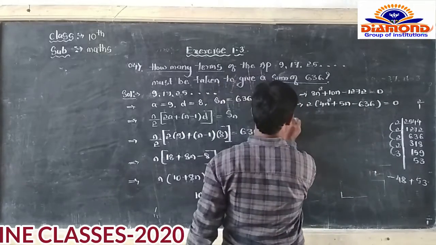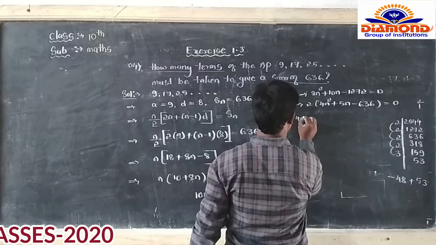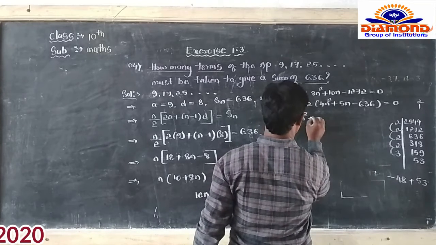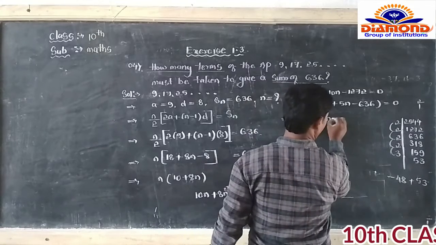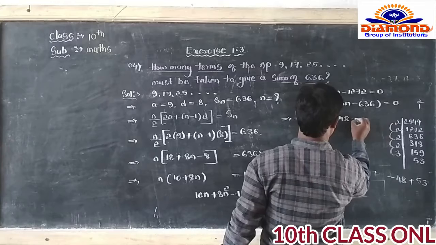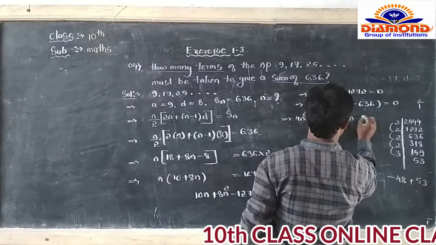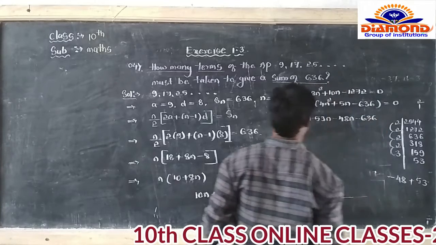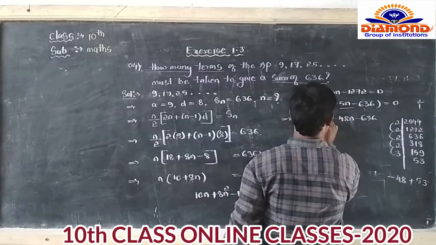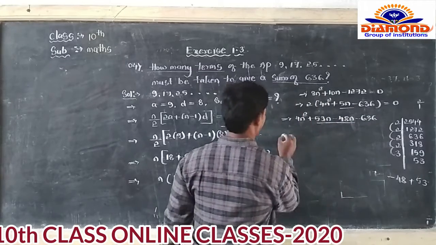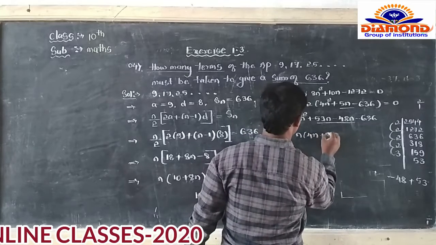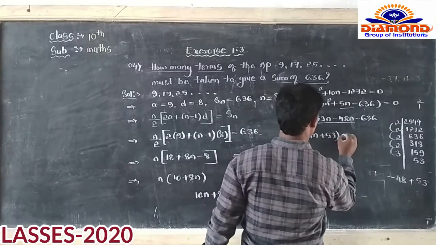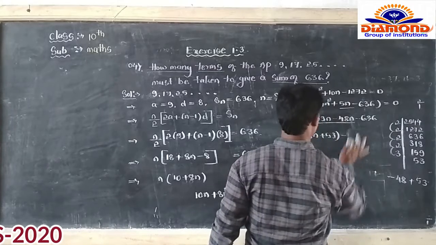So next step, dear students, here 4n square plus 53n minus 48n minus 636. इसको हम स्प्लिट करें, 5n का जगह हम इतना लें. Next here n is common in the bracket, 4n plus 53 and bracket close, minus 48, here we are taking